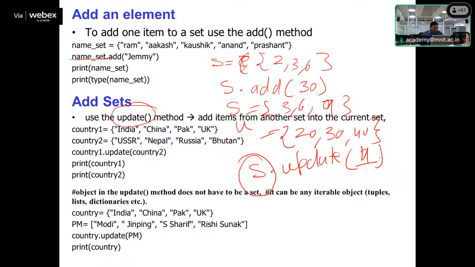Similarly, we can use the update method also, where we are taking some set as a country. Now we are taking one list, and that is going to be updated with the new list. So we can also use, say here, the country, we can write country dot